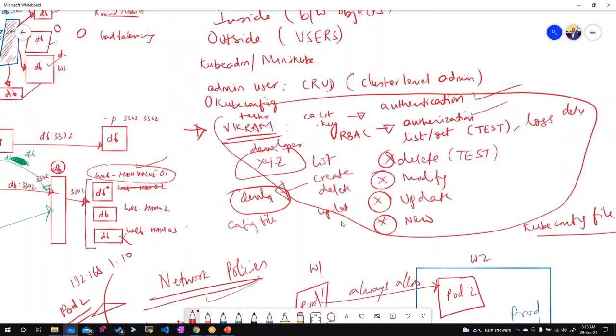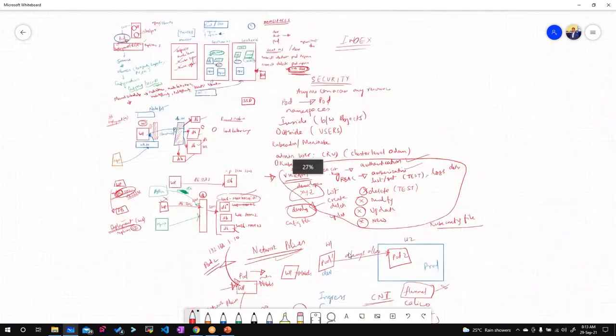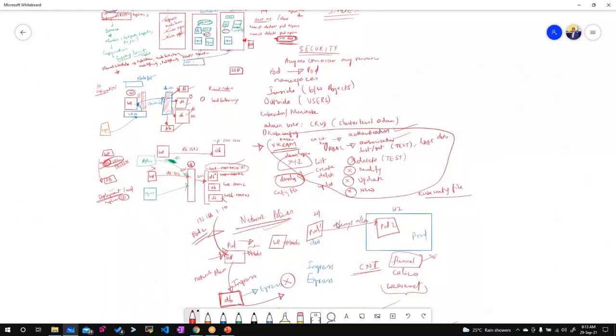Okay, so these are the complete Kubernetes objects. We covered almost 98%. If we left out a few more, we'll see in the classes. We may not discuss everything in the class because we will not have sufficient time, but I'll provide you my own recorded videos whenever I do them. From an interview point of view, I'm going to teach you everything.